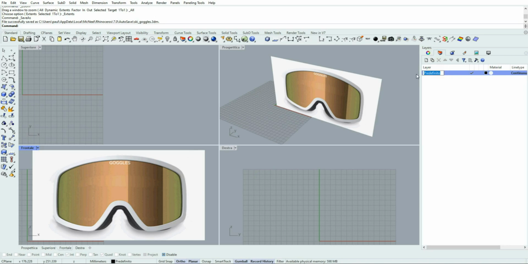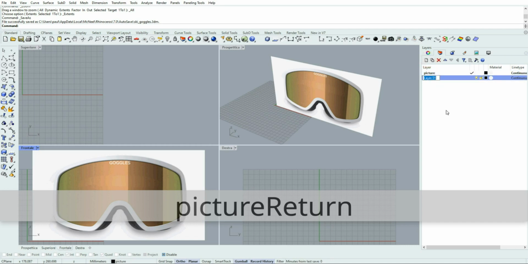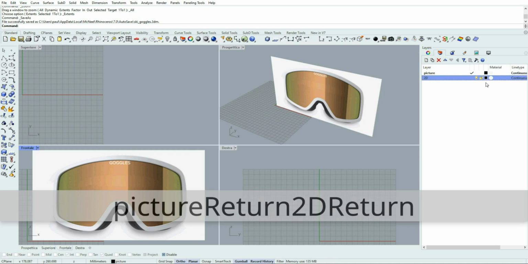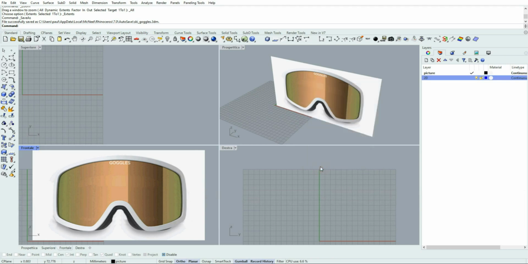Change the name of the layer to picture. Create a new layer named 2D. Change color to blue.